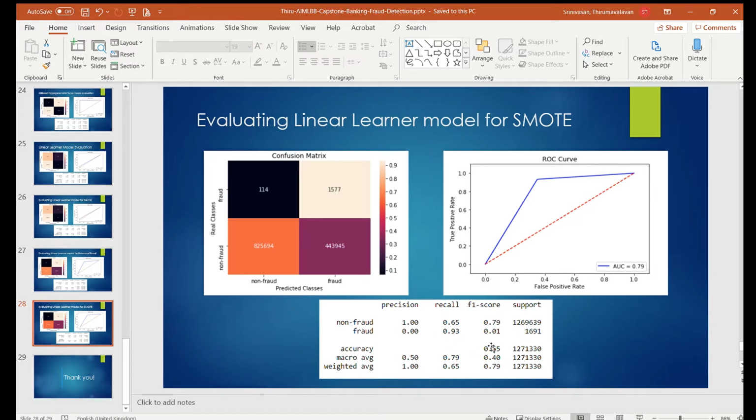So we have to take a call: do we want to catch all the fraudulent cases, or is it fine if we let some of them slip through? In an ideal scenario, we would want to maximize the recall, but here if we try to maximize the recall with the linear learner model, our precision drops, and we are going to give a lot of false positives,